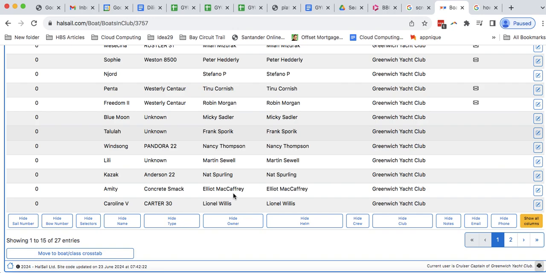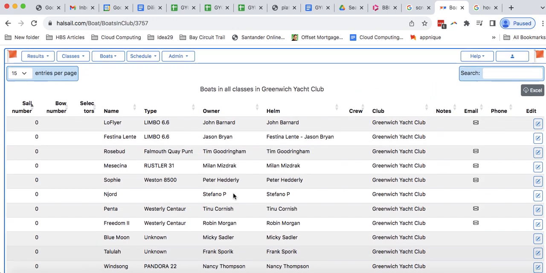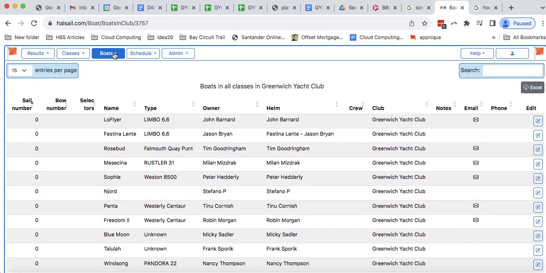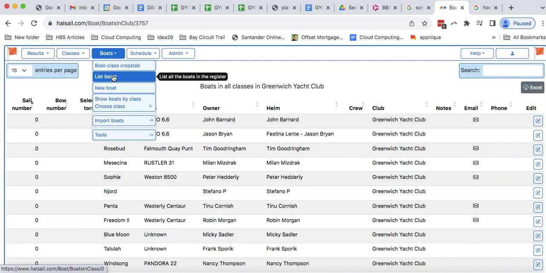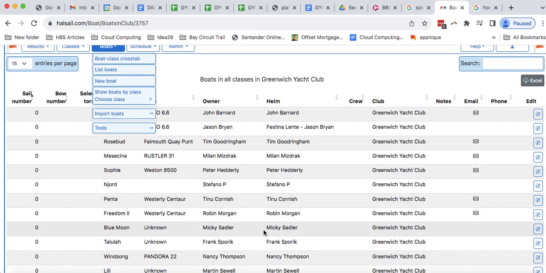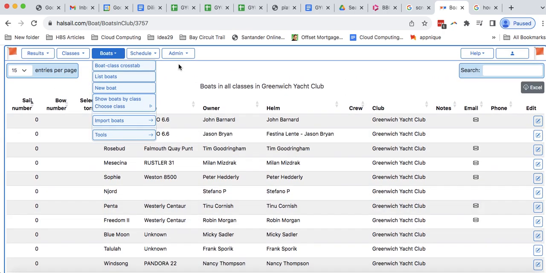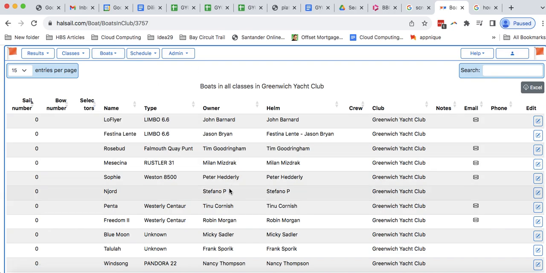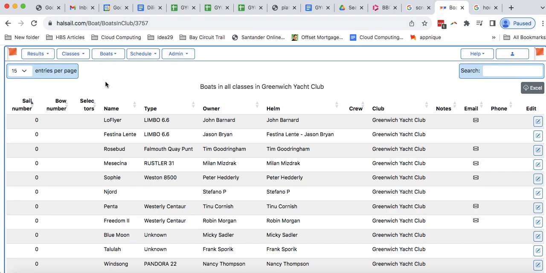And I think I may have omitted the final step there, click save, because that demo boat didn't appear in this list now. So let's just assume there was a save button there that you would need to click. Okay, so